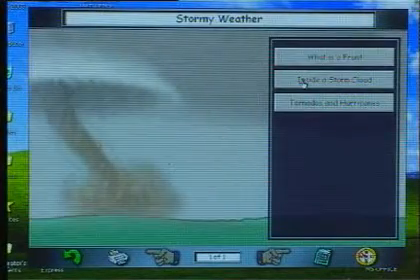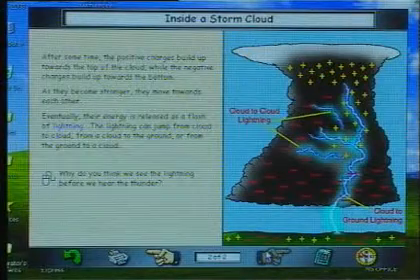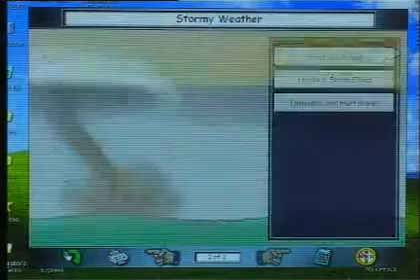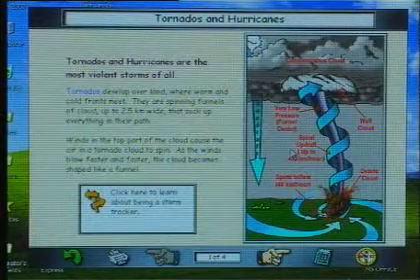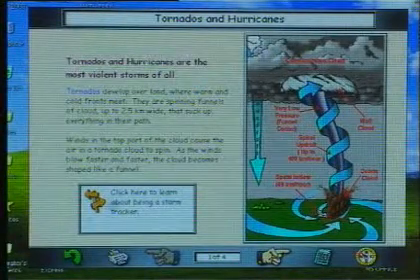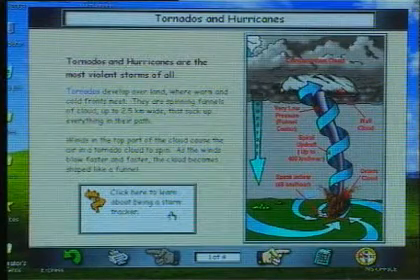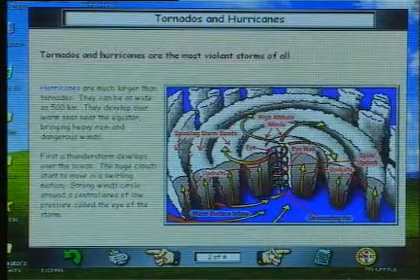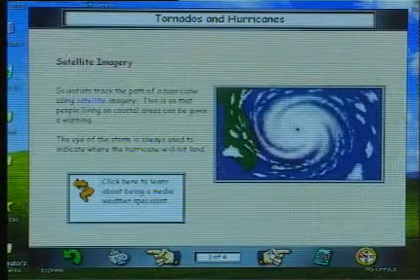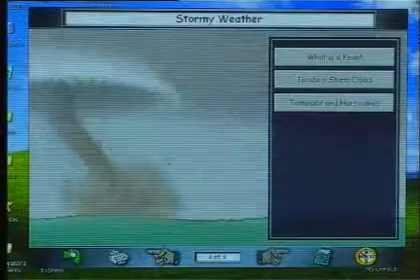We can look inside a storm cloud and work through it step by step with our explanation. Tornadoes and hurricanes. You'll also notice right through the program you'll find some clips, career clips or famous scientists. Let's look at tornadoes and hurricanes. Watch what actually happens in the movie